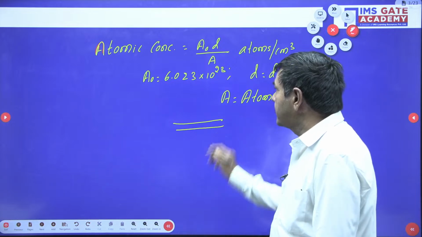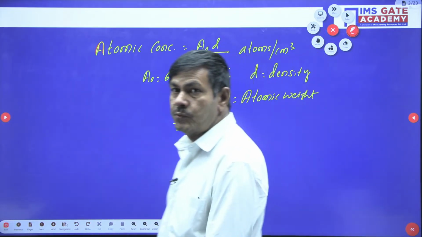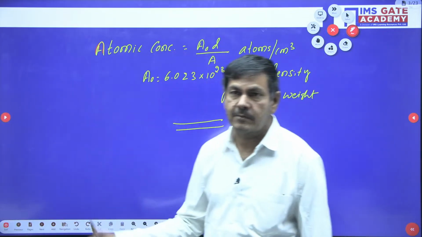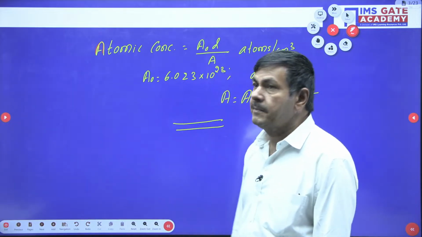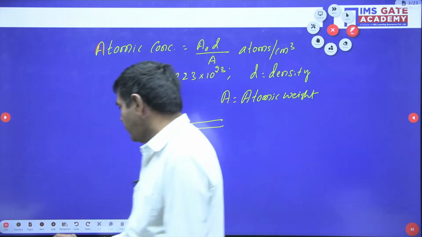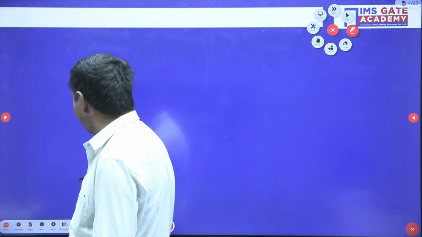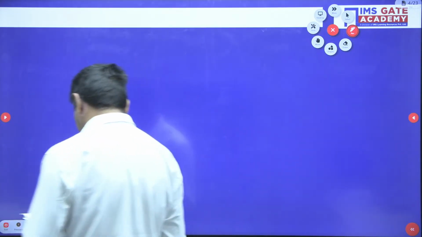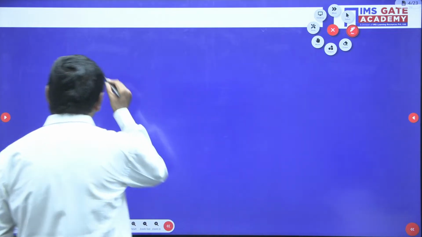Now based upon this formula, we need to do one, two, three problems now. For germanium and silicon, I would like to find the atomic concentration. I'll give the problem now. A problem is given here now. Find atomic concentration of